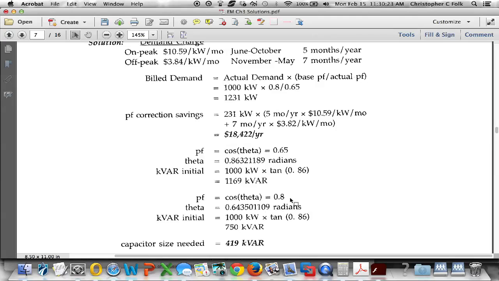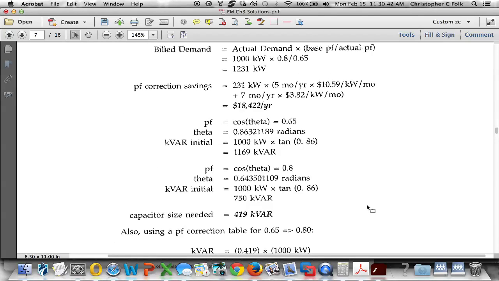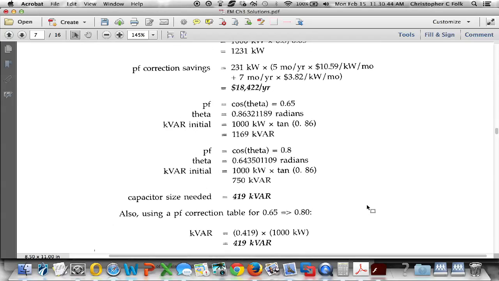So instead, we calculate to come up with not only the 65% power factor, which is 1169 kVARs, but also the 80% power factor, which is 750 kVARs. So when we subtract one from the other, that's where we come up with this 419 kVARs. So there is a